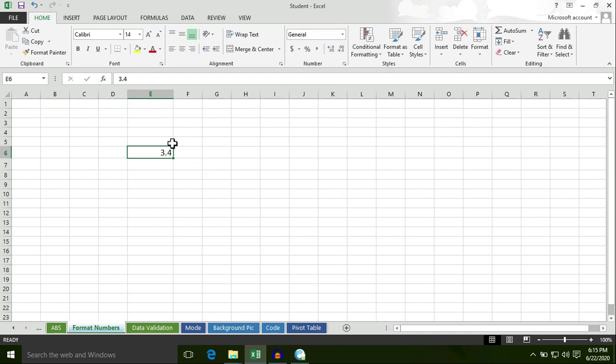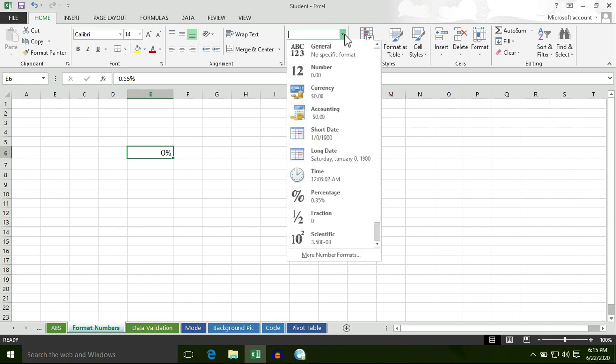I want to find out the percentage of this number. You have two methods here. First of all select the cell, then click on percentage sign, or if you want to add a percentage, type 0.35. So first of all select this format.